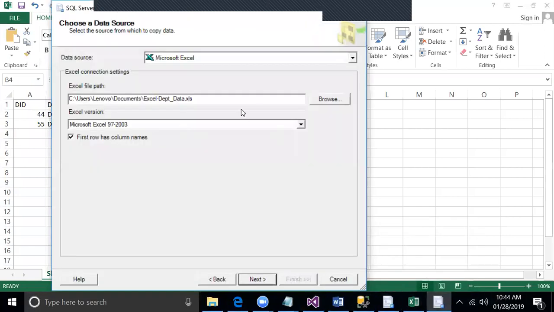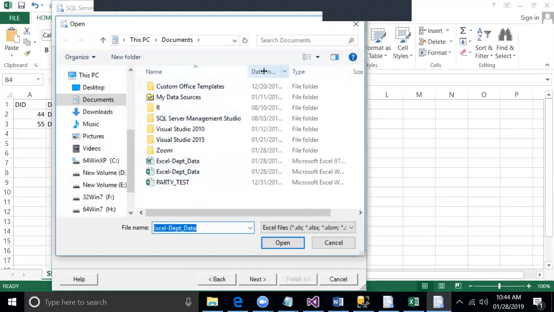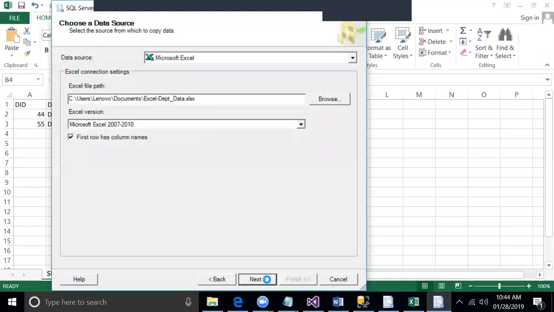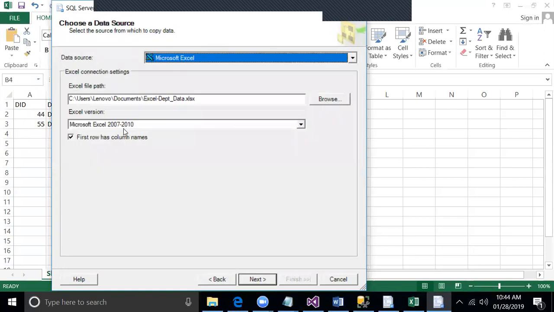Go to this. Is it accepting? See, the version 2007 to 10. Next,